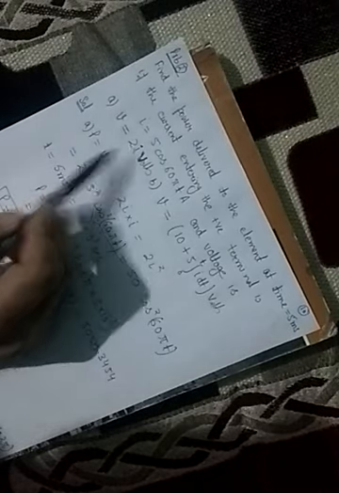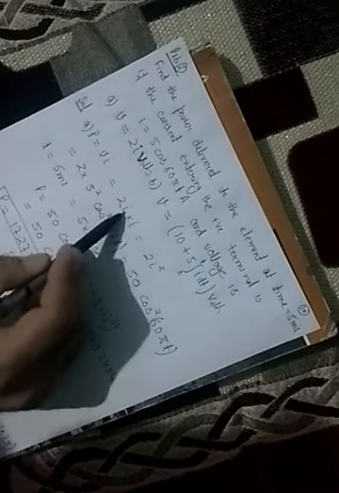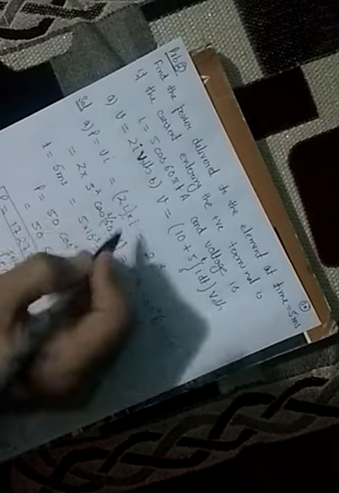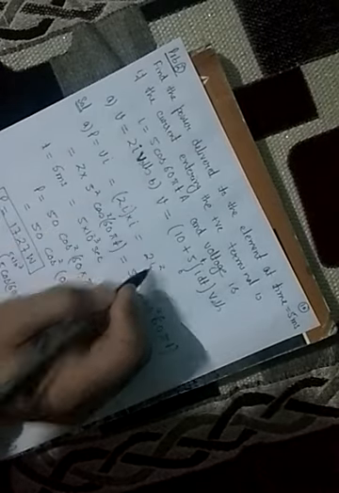So in the first case, I am solving here. I am saying P is equal to V into I. What is V here? 2I. So 2I multiplied by I. This is V and this is I. This is 2I square, so 2 multiplied by I square, which is 5 square cos square 60 pi t, which is equal to 50 cos square 60 pi t. So what is the time? Time is 5 millisecond, 5 into 10 to the power minus 3 second.